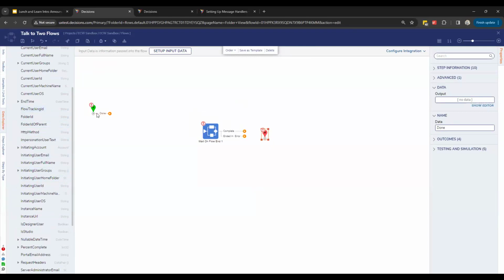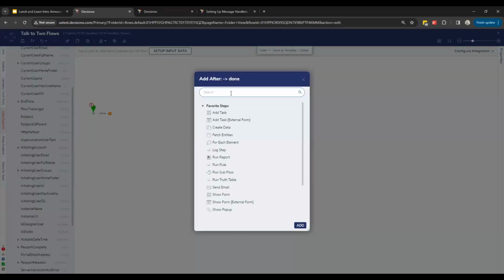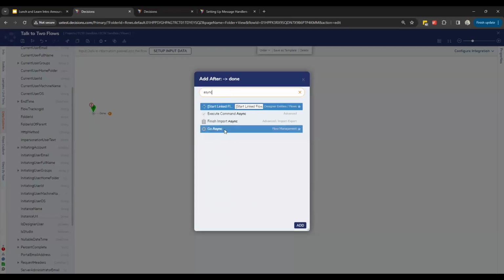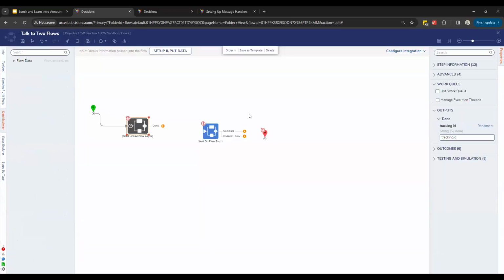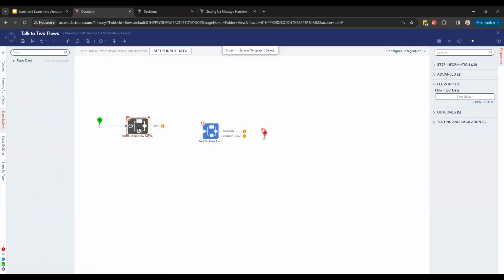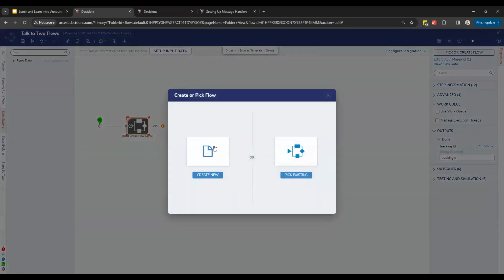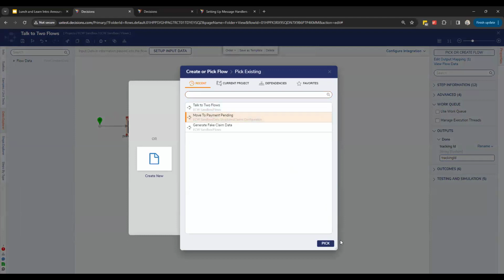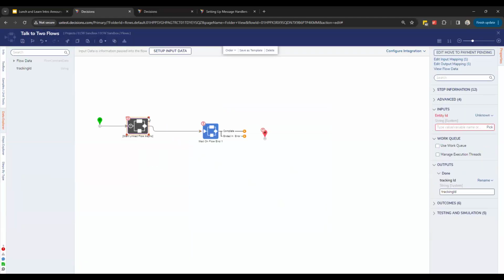So if you wanted to kick off another workflow, you would do this by calling it asynchronously. You would say start another flow async, which means that normally when I call a subflow here, it's waiting for the flow to complete and then picking it back up. But I can call this asynchronously, pick any flow in the system, and we'll call this action flow. It doesn't matter what this flow is doing. This flow could take 30 hours to complete, and I hand it whatever it needs to run. But you'll see that the output is tracking ID.